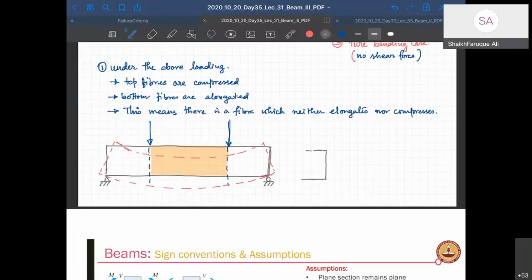After deformation, it has gone something like that. So this has elongated. This is the zero section, and this has compressed, right? Right. So the bottom portion, this portion, is under tensile strain,